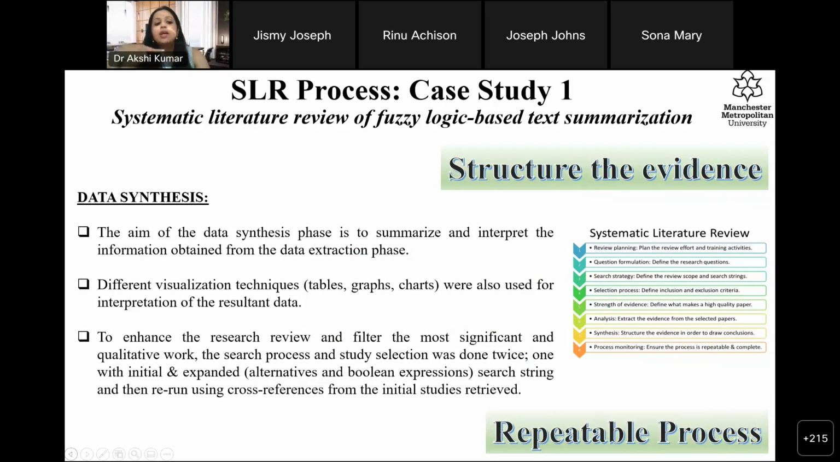Because you can implement the search process and the study selection criteria twice. One initial, and one maybe on an expanded Boolean expression, with alternatives of the key search terms being used. And you can rerun the cross references from the initial studies. So the entire process has to be repeatable, redoable, reproducible. That's the point. So here you synthesize, and then you do process monitoring, which is the last part, where